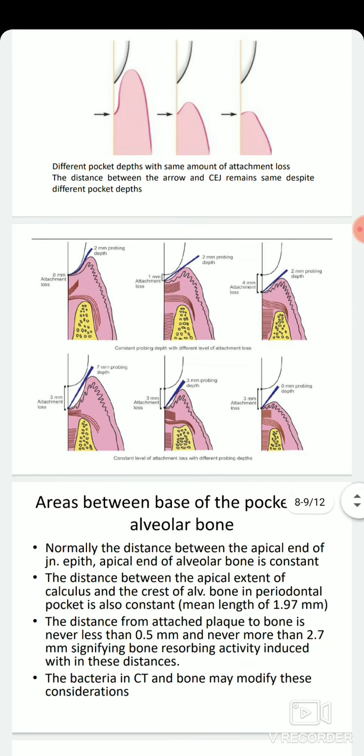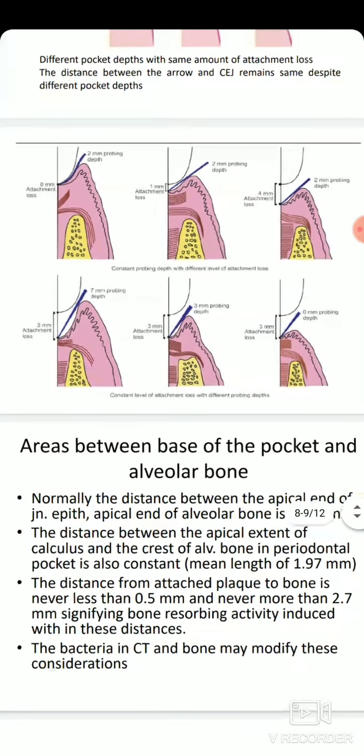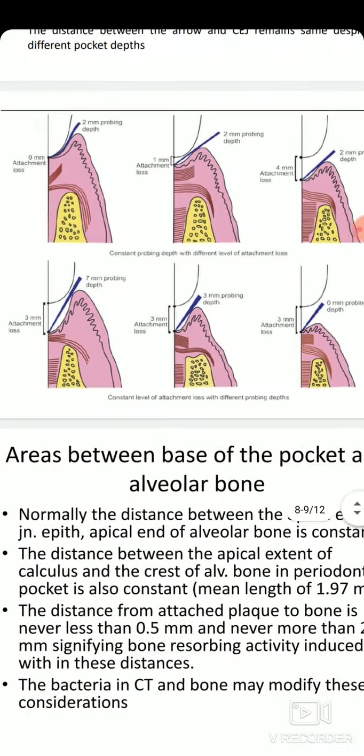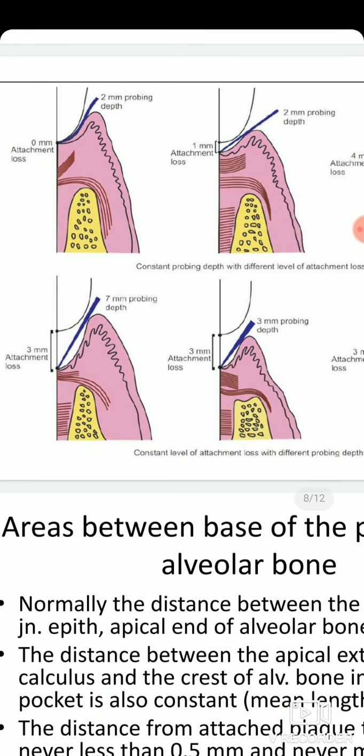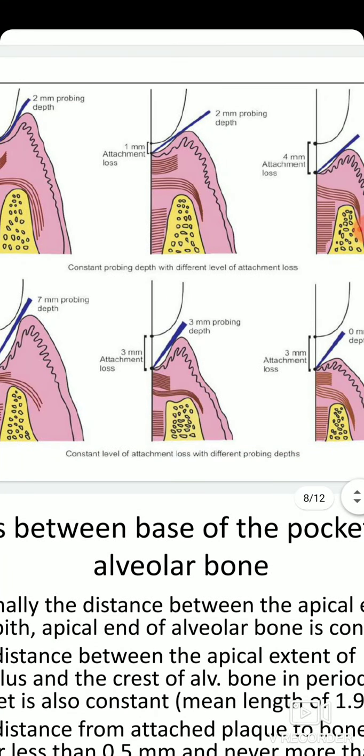So in these particular figures, you can notice different depths of pockets and different attachment loss: 0 millimeters of attachment loss with 3 millimeters of probing depth, whereas the second figure shows 1 millimeter of attachment loss and 2 millimeters of pocket depth. So what does that particular thing mean? So 2 millimeters of pocket depth minus 1 millimeter of attachment loss